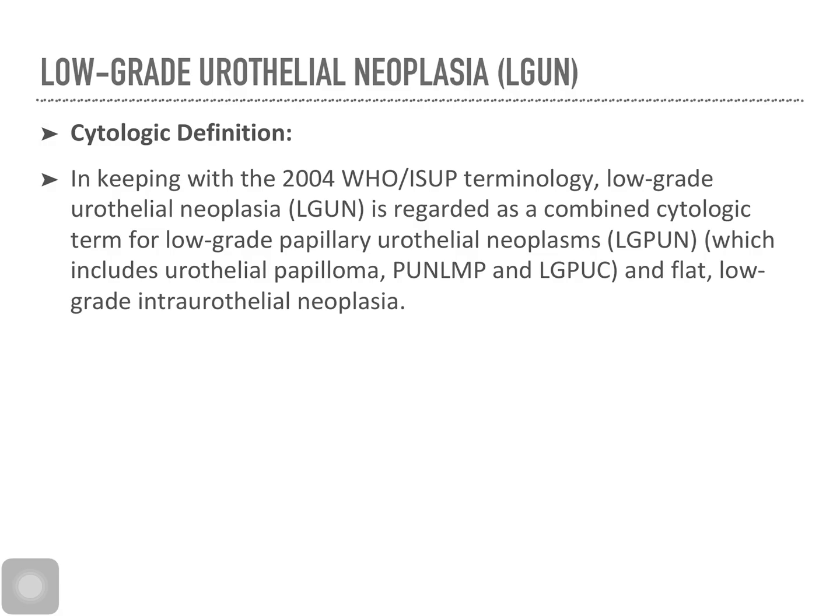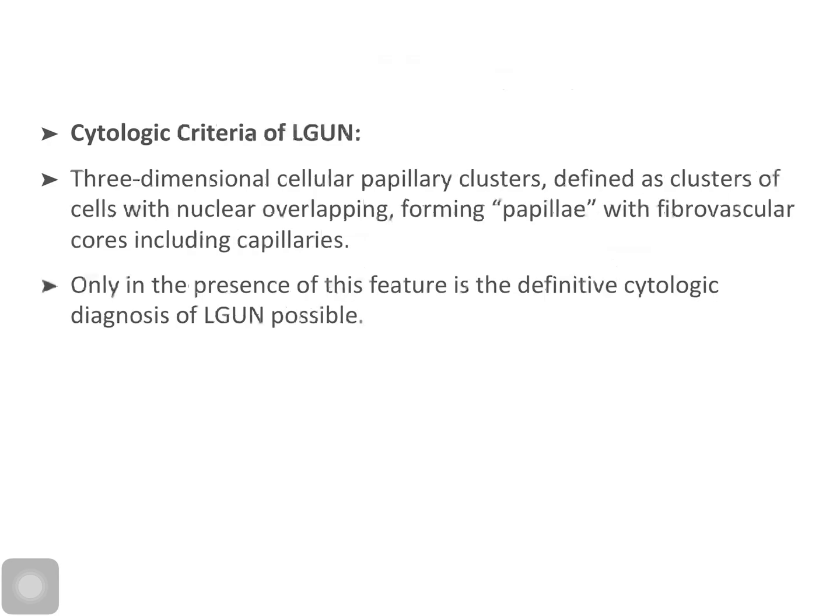The cytologic definition. In keeping with the 2004 WHO terminology, low-grade urothelial neoplasia is regarded as a combined cytologic term for low-grade papillary urothelial neoplasm, which includes urothelial papilloma, and flat low-grade intraurothelial neoplasia. Cytologic criteria of low-grade urothelial carcinoma. 3-dimensional cellular papillary clusters should be present, which are defined as clusters of cells with nuclear overlapping forming papillae with fibrovascular cores including capillaries. Only in the presence of this feature is the definitive cytologic diagnosis of low-grade urothelial neoplasm